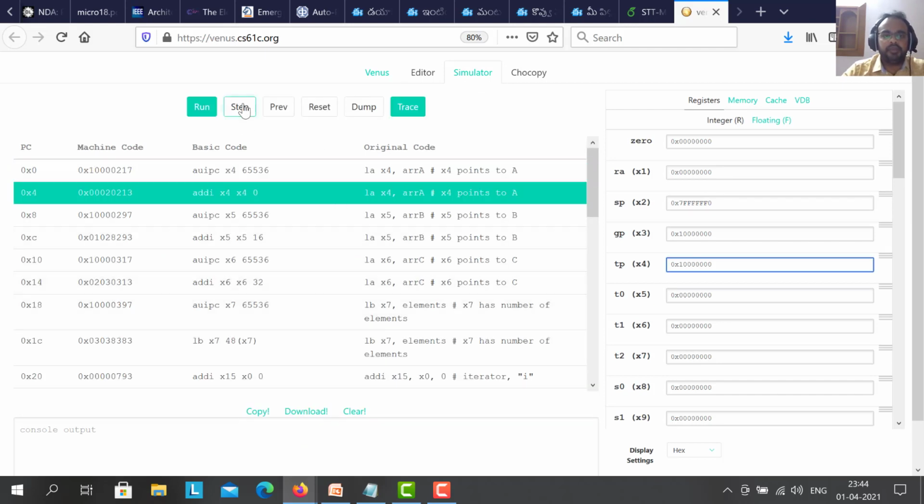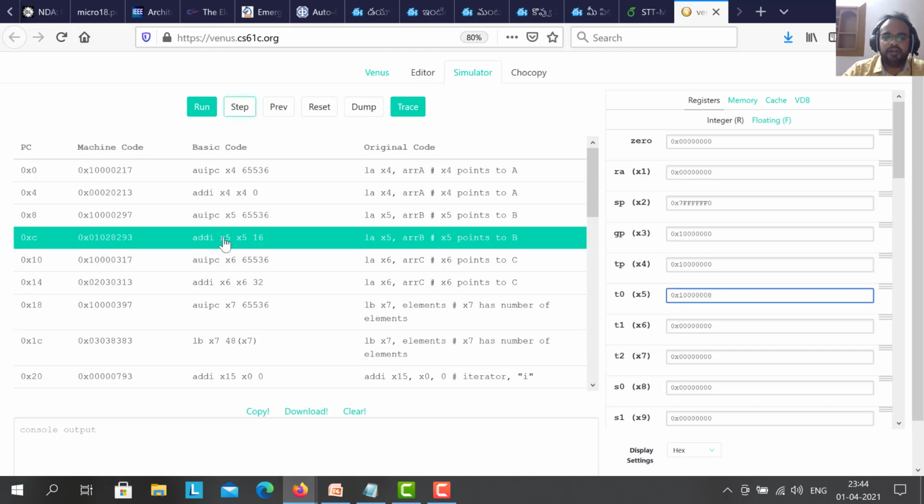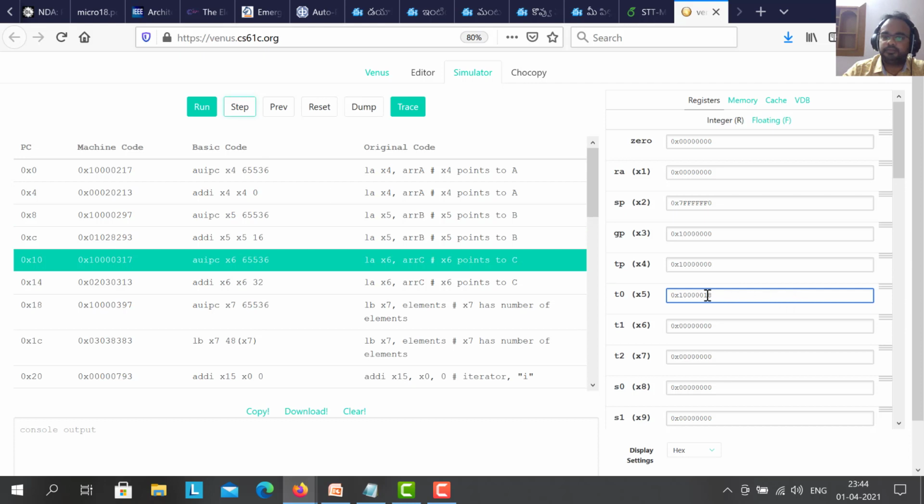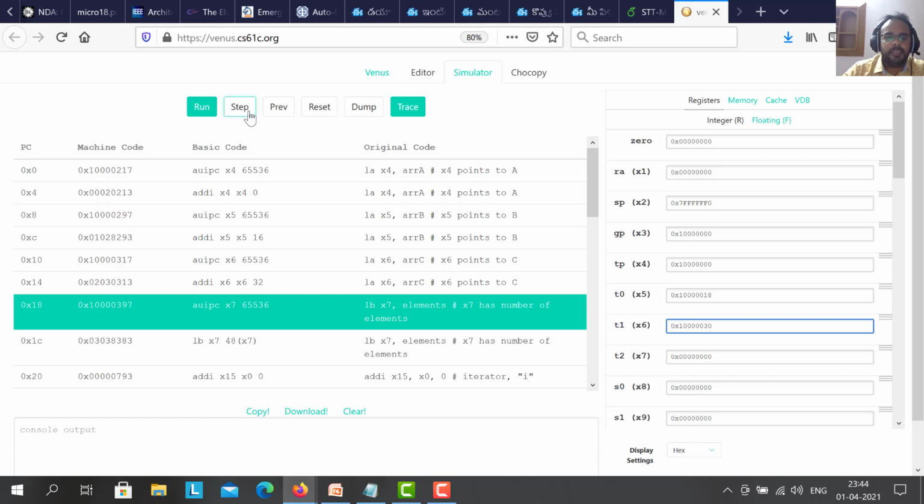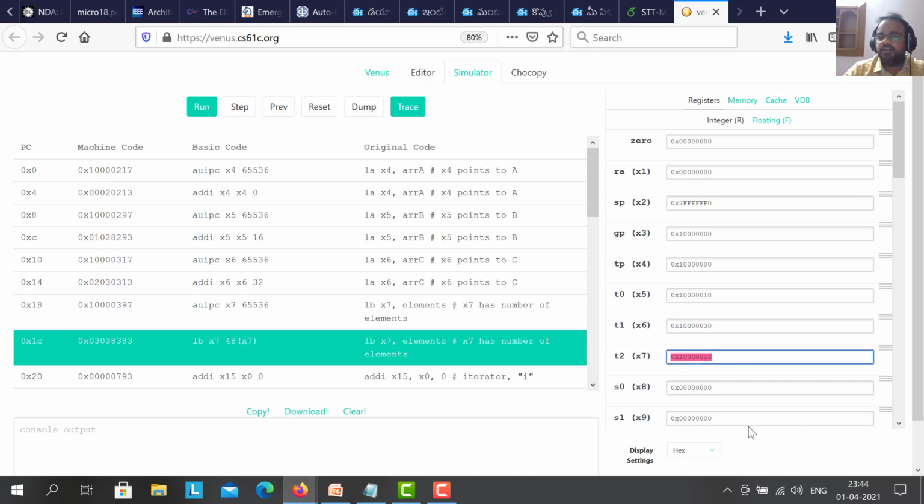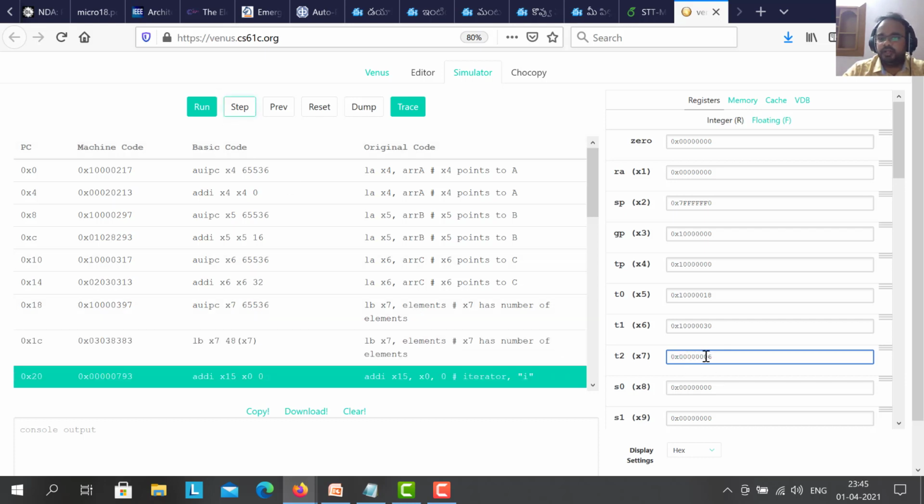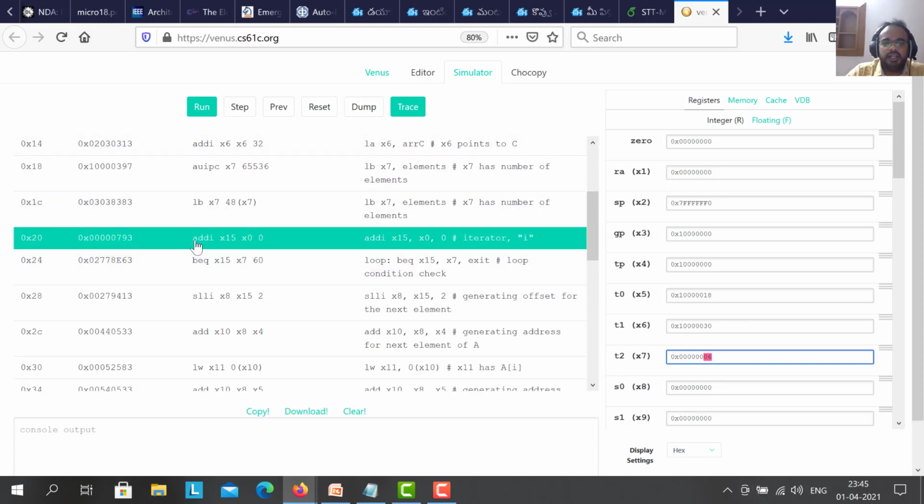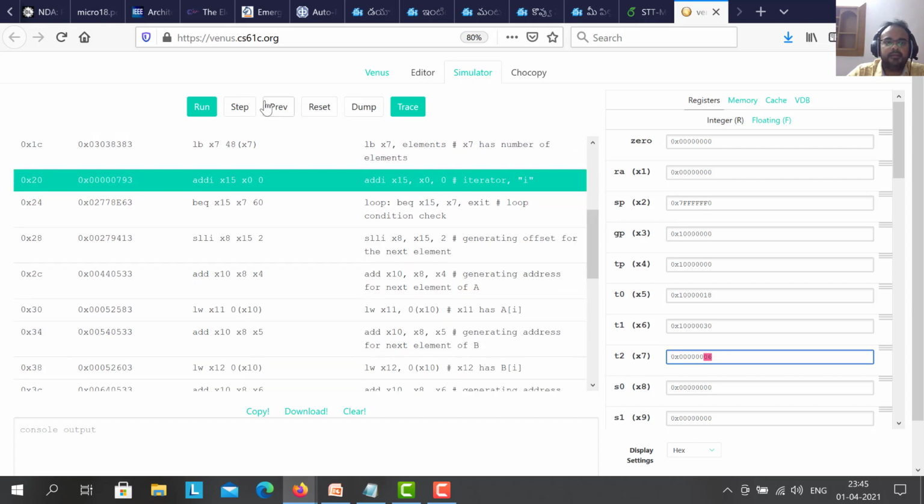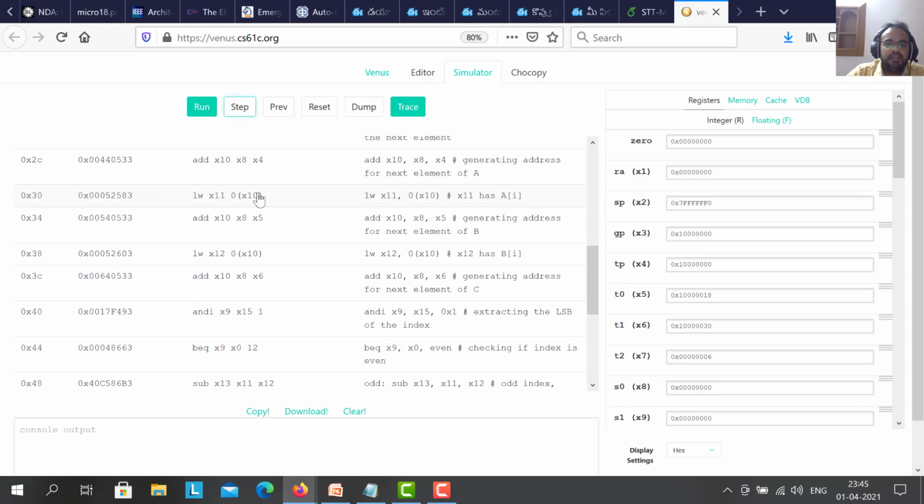So let me step through. We got the address of A of I in X4, address of B of I in X5, right, and address of C of I in, no, sorry, X6. And X7 has the number of elements, here it is 6. Following that, we are going to initialize I with 0, and we are going to compare it with